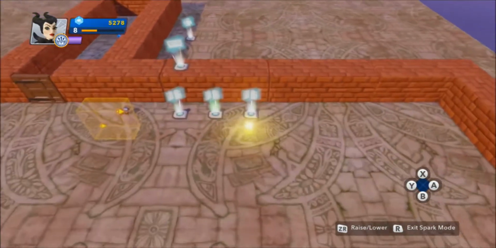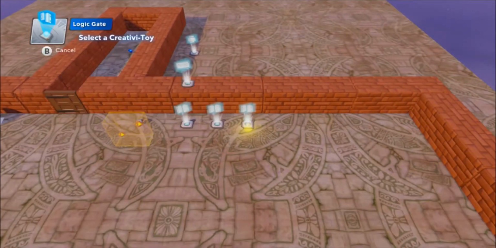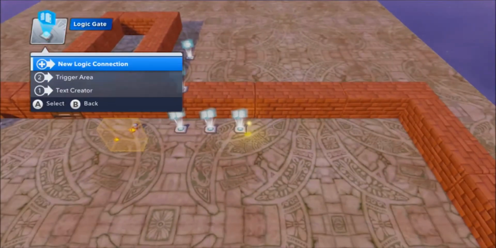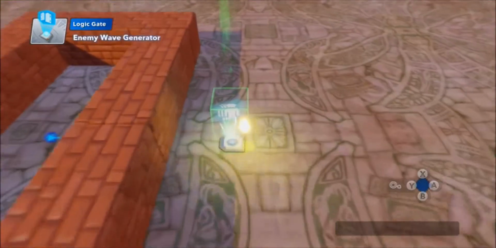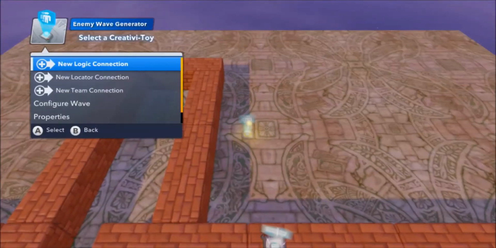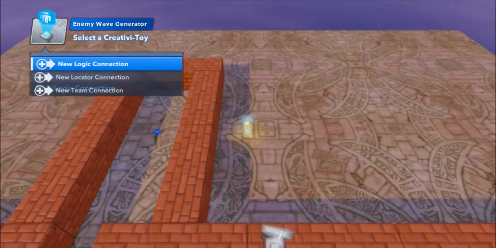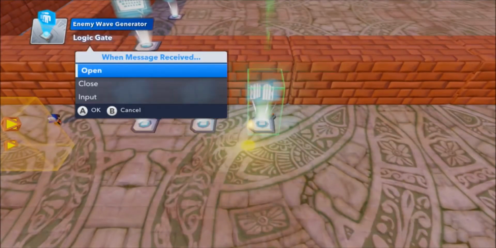Excellent. So now we're on the third quest. So we're going to say, if you receive an output, I know that the text I've done is text 3 for that quest. I'm also going to say, if I get an output, I want you to generate this wave. Now, once we've defeated the wave, we're done the third quest. And so what I'm going to do then is say, if the wave is defeated, we're now going to close